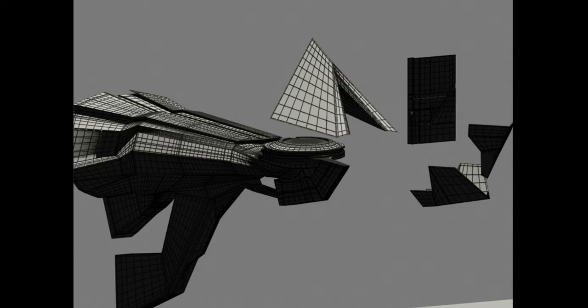And I have to say the difference between the 3 edge loop and